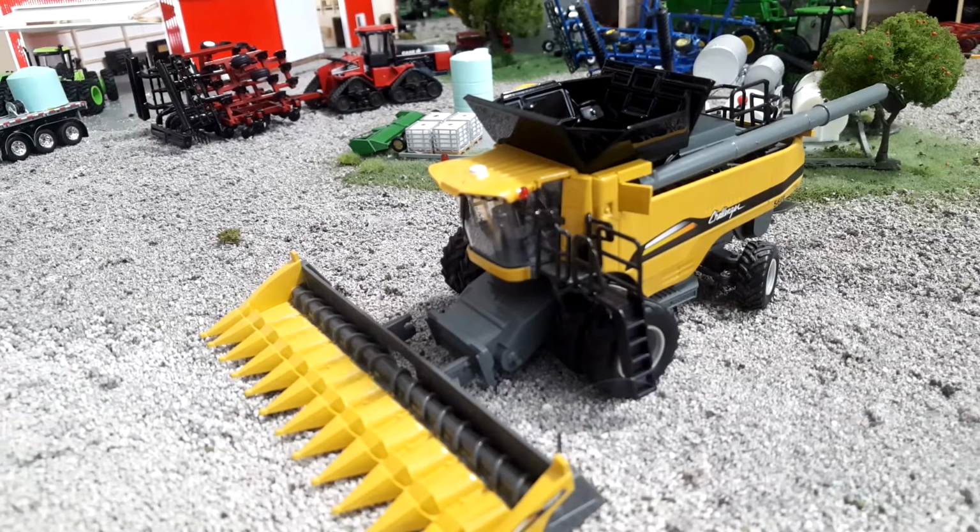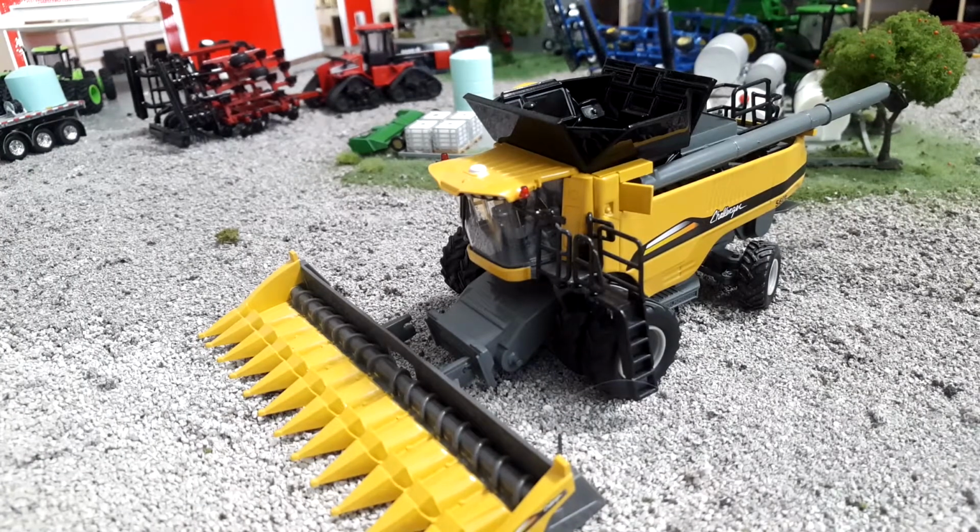The collectability of this. Okay, so initially, there weren't a ton of these combines, these sort of AGCO combines, if you will, coming from SpecCast. They did some Gleaners and so on and so forth, and I think at that point, a lot of people were thinking they were really collectible. But now we've got a ton of Gleaner, we've got these Challengers, we've got Massey, we've got different paint jobs on all of them, and unless you just have to have the 560E,